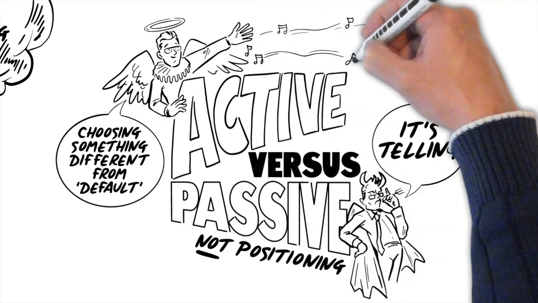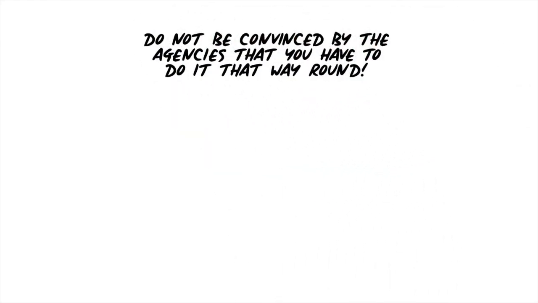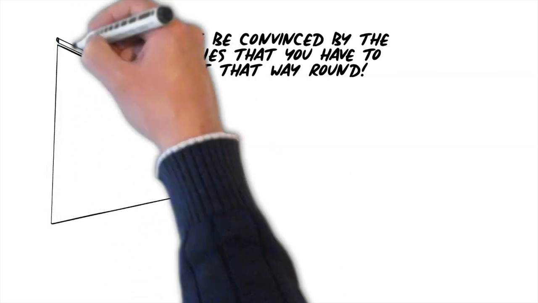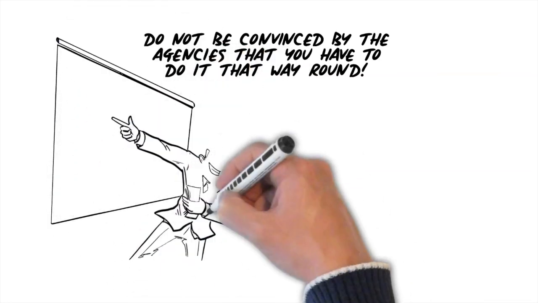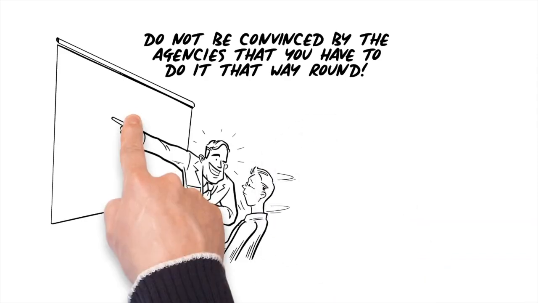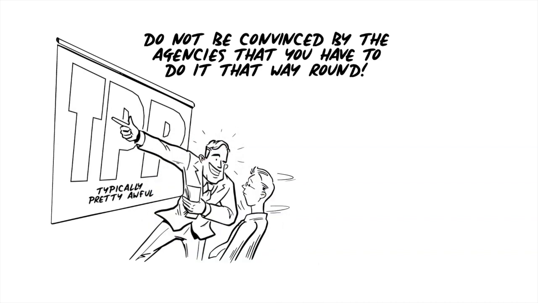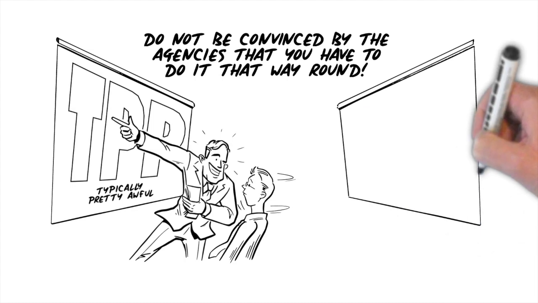So do not be convinced by the agencies that you have to do it that way around. You do not. Most of the successful positionings haven't worked that way. They have presented a product idea to someone before they've then gone on to show them the TPP, and the TPPs are typically pretty awful anyway. So we'll get on to conversations about qualitative versus quantitative differentiation. The other thing I want you to bear in mind, though, is the other two words that really count here: